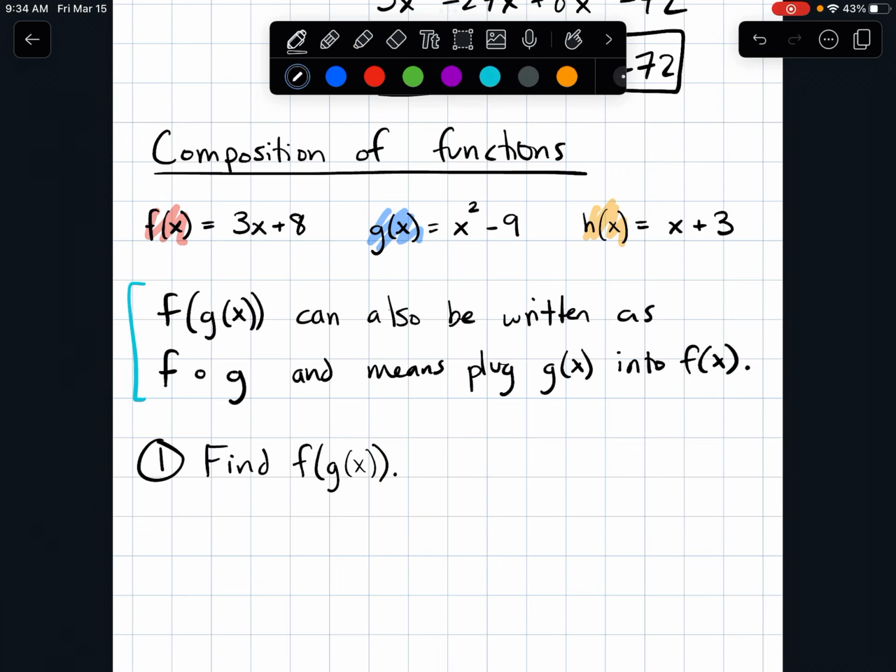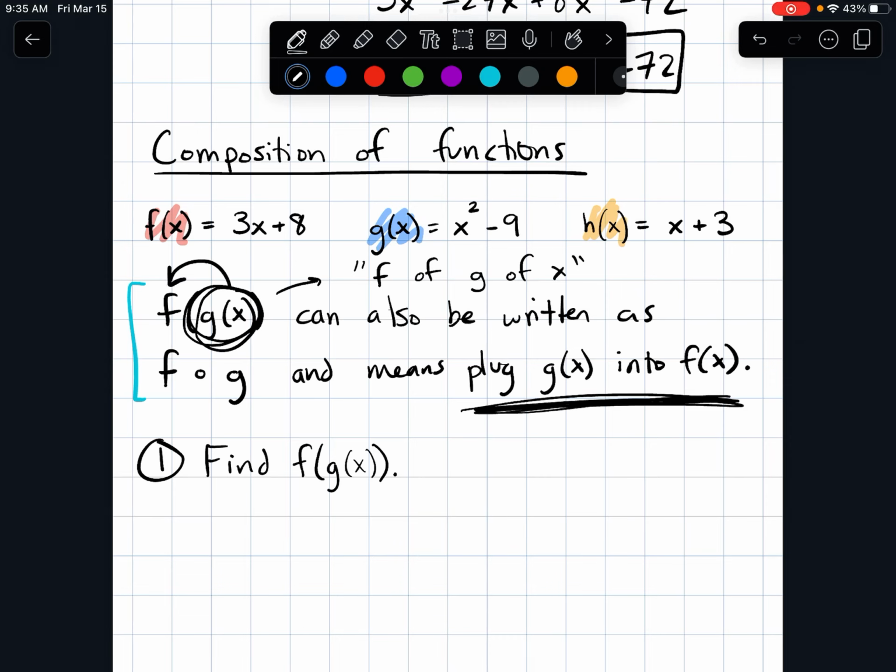With a composition of functions, what you're doing is you're taking one function and plugging it in for the x into the other function. So for example, if I wrote it like this, f of g of x, okay? I would write this down somewhere so you know what it says. But the way I would say this out loud using English is f of g of x, okay? So basically what this means is you are plugging g of x into f of x, okay? So that the function that's inside the parentheses is what gets plugged in to the function outside of the parentheses,